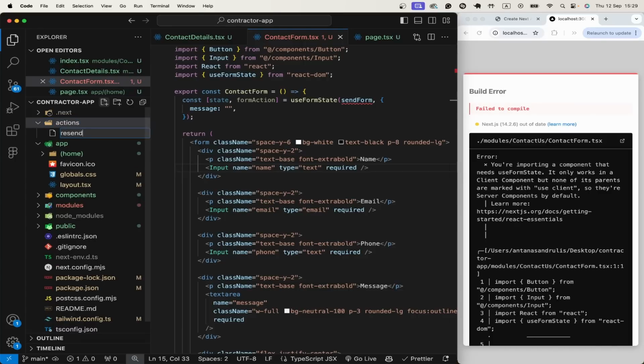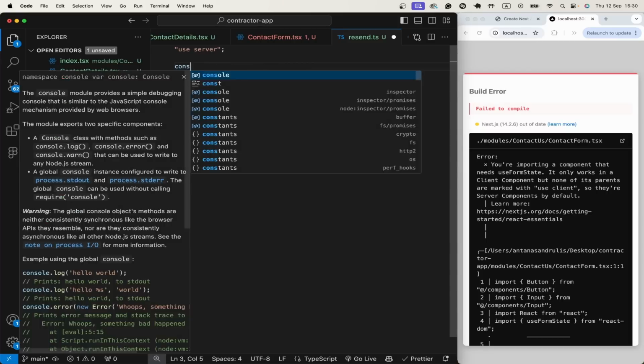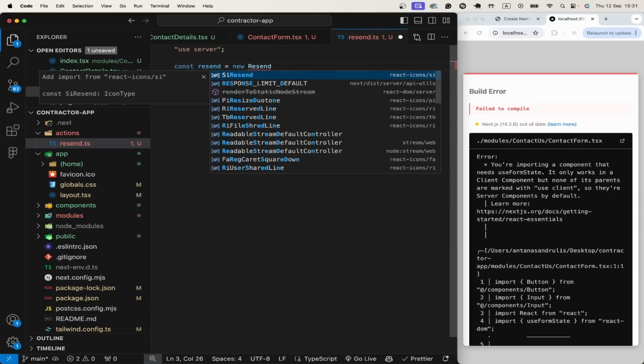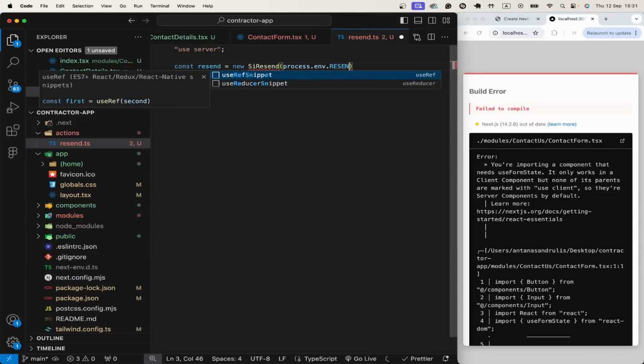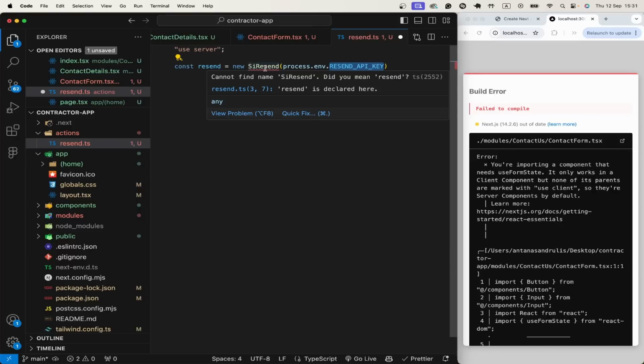Inside actions, I want to have resend.ts. First thing I want to do is use server directive, so our code runs on the server only. Then resend will be new Resend, and then process.env.RESEND_API_KEY. So API key we will create just a little bit later. And for the resend,